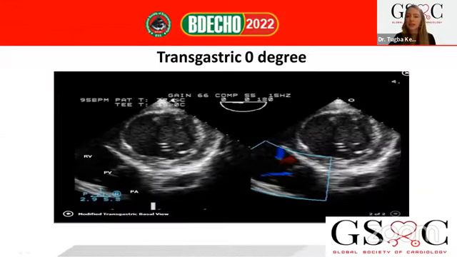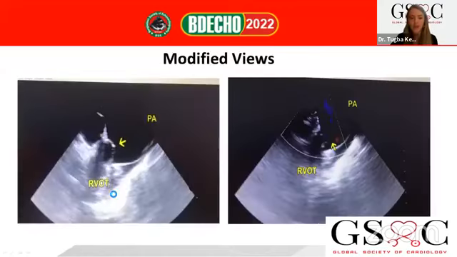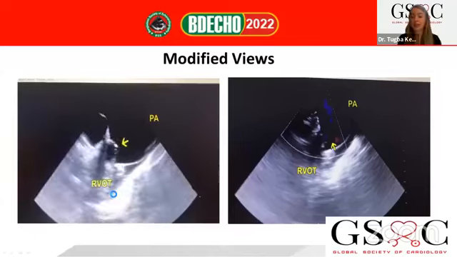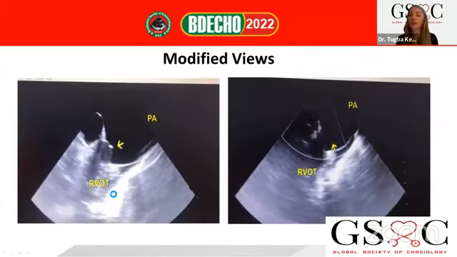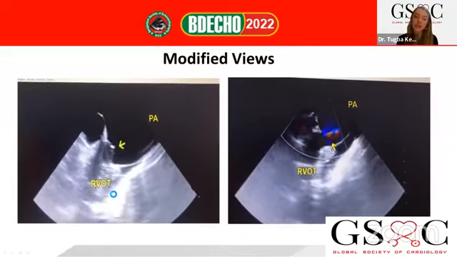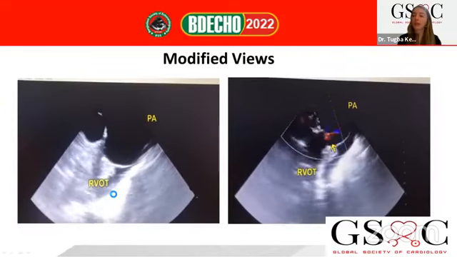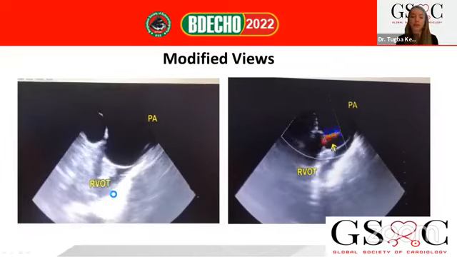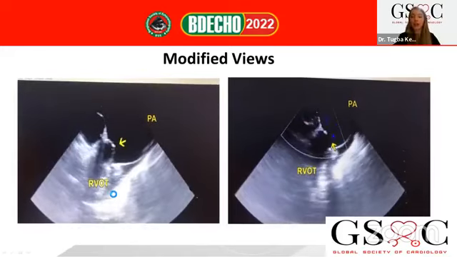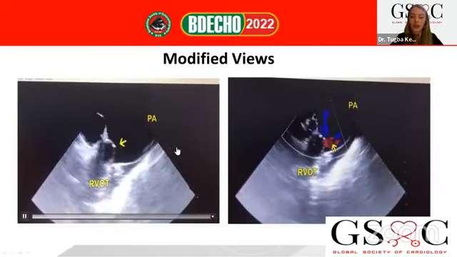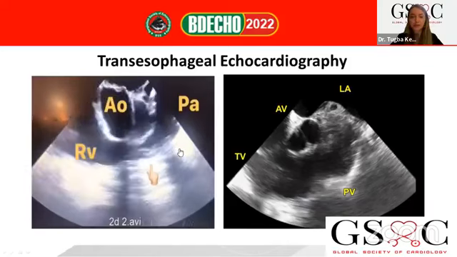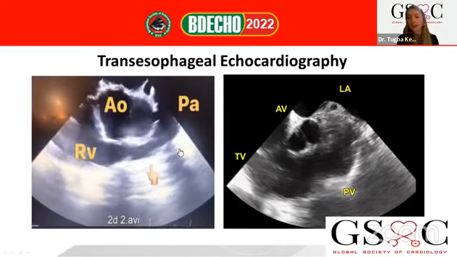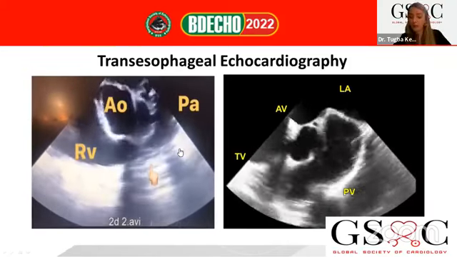Okay, transgastric 0 degrees, another useful view, and as you see, the pulmonary valve is at the left corner here. Of course, there are 3 important views, and we can say more, because usually we should use a modified view, as you see in this case. In this case, there was a rudimentary, very stenotic pulmonary valve, and a pulmonary artery aneurysm. As you see here, it's very large and aneurysmatic. But it was possible to obtain this image only when you are using the modified view.